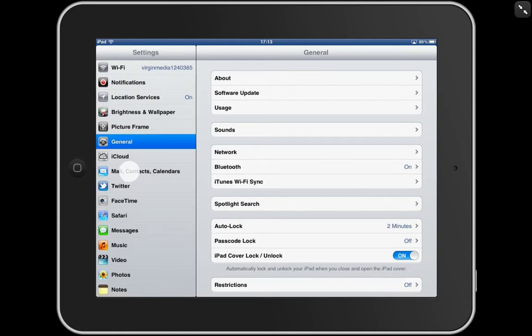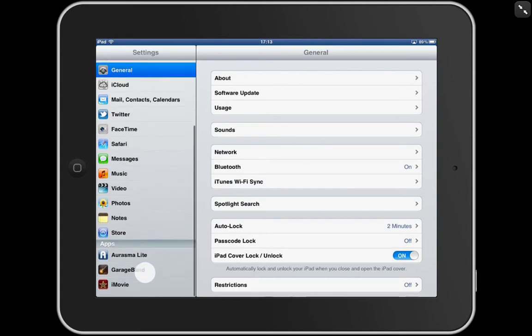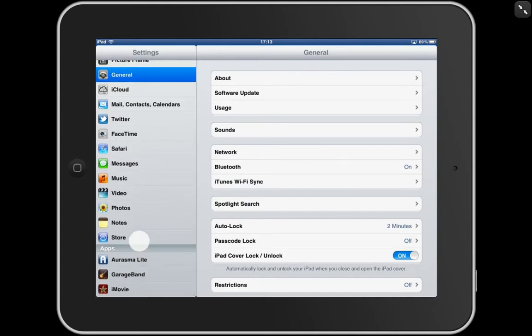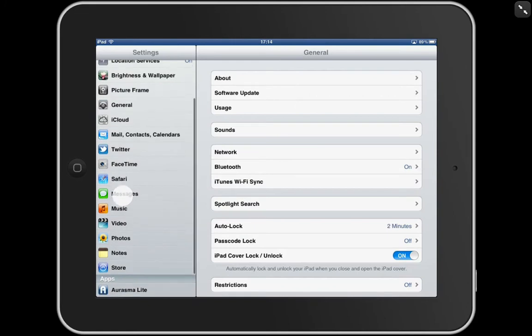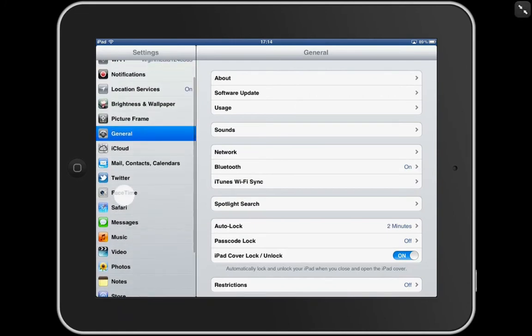The mail and contacts, calendars, setting up your mail and that sort of stuff. And there are various amounts of settings for your apps here. Now, I haven't got very many apps on this one at the moment, but lots of apps have their own individual settings, so it's worth having a look at these. What we are going to have a look at is the general ones here, and I'll very briefly have a